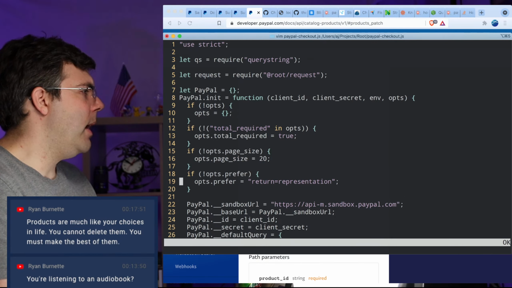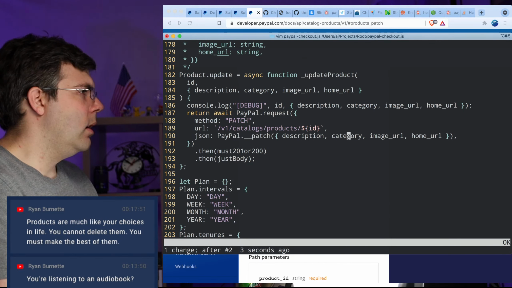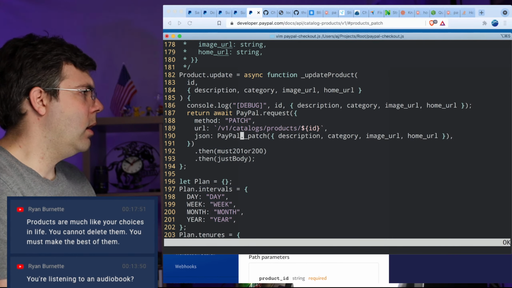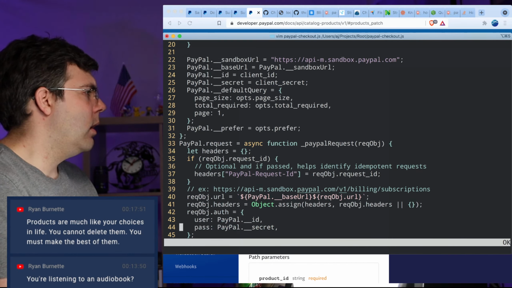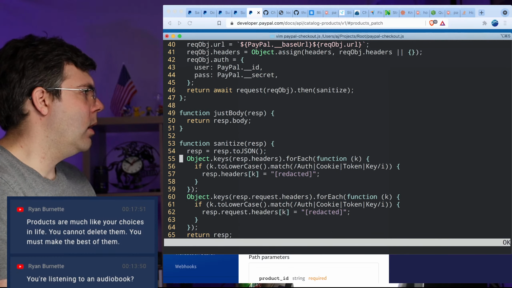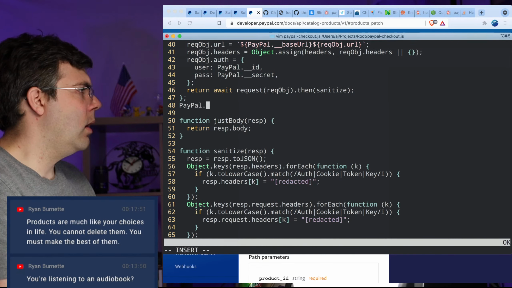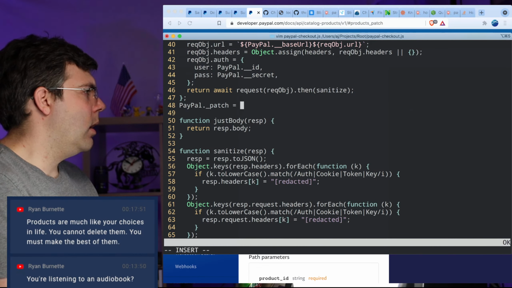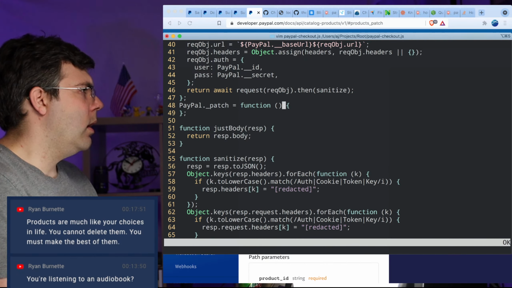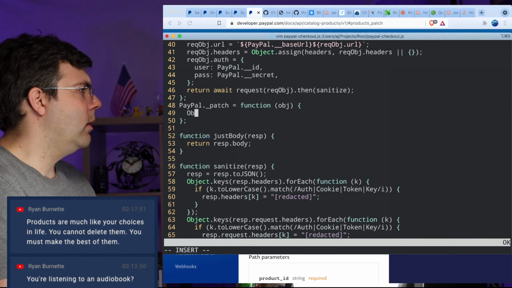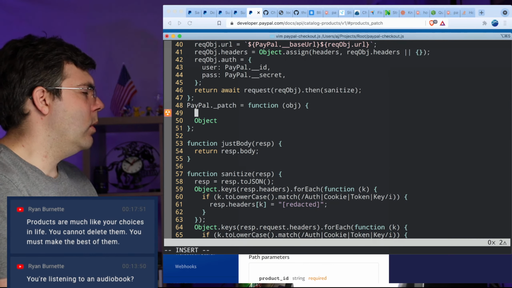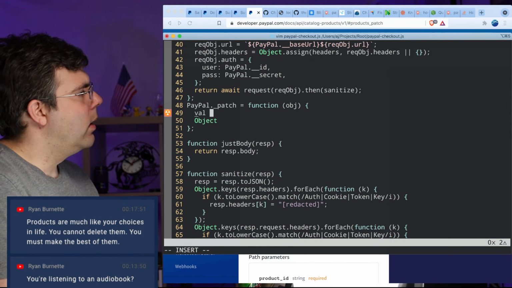We're going to create a PayPal patch function. So we're going to take an object and we're going to, what do we call these?